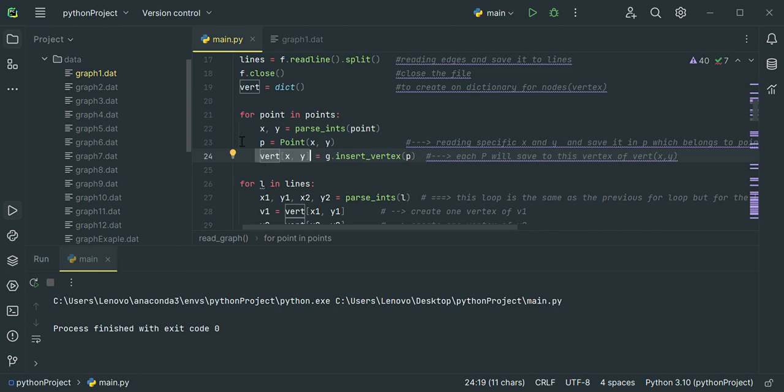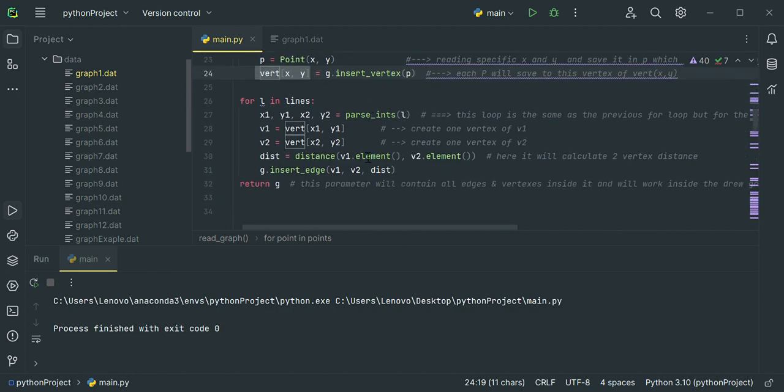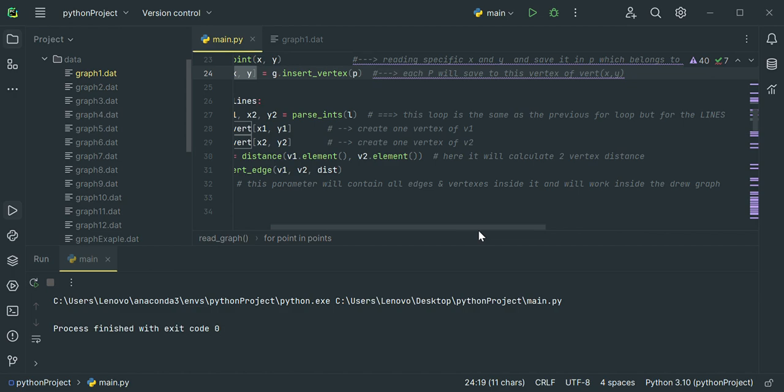Each time this loop works, we'll have one coordinate for our vertex, and they will be saved in a vertex. So this part is the second loop, and it's like the previous one, but this one